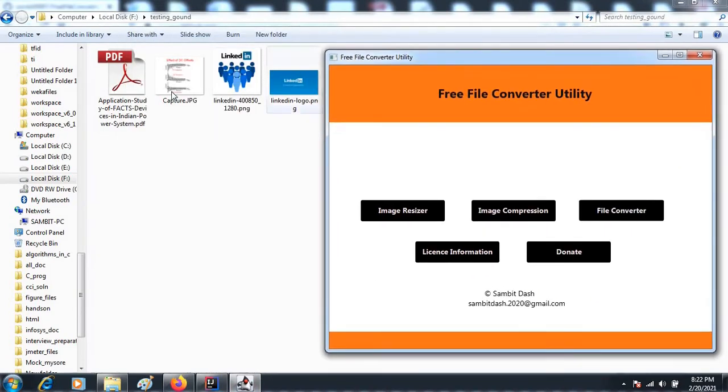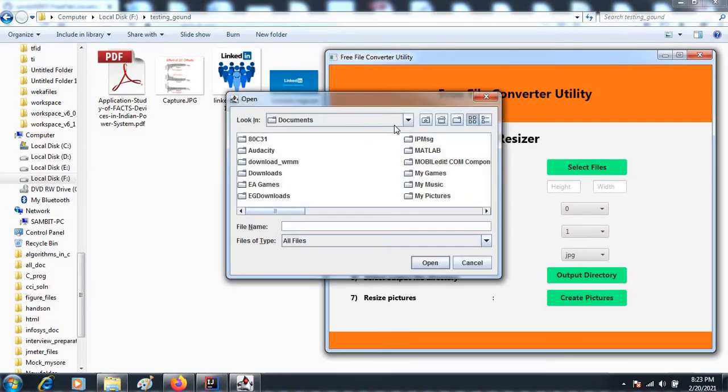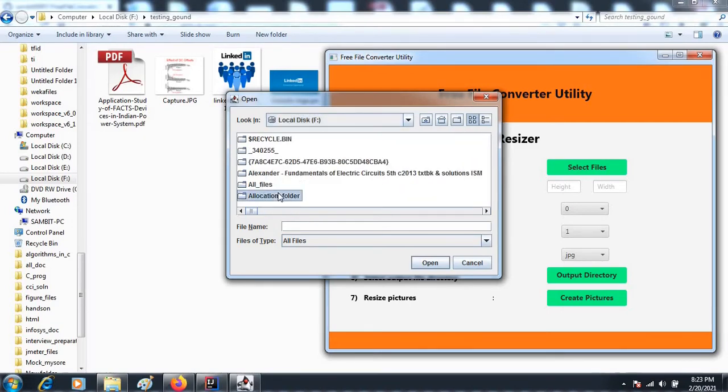I have these files in this particular folder, and I will resize these images. So first I will go to image resizer, then select the images. I will go to the folder where my images are located.